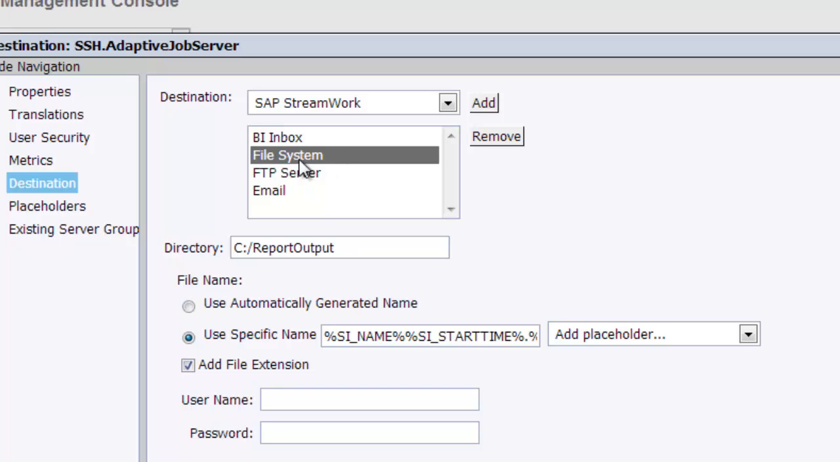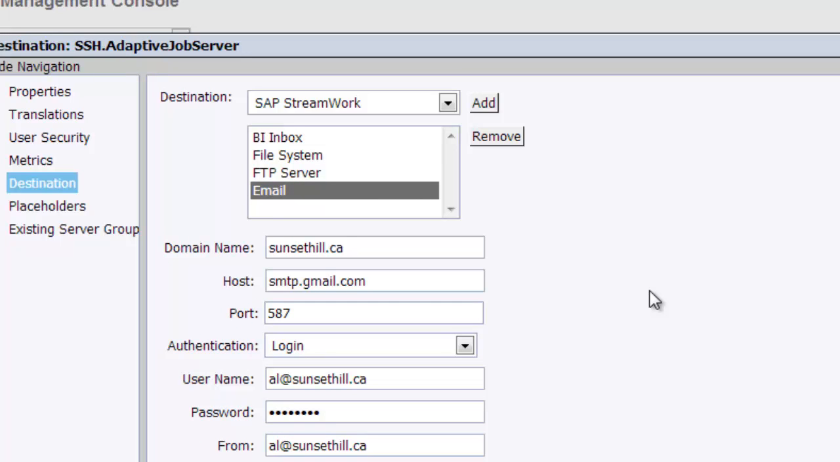So for example here, for file system, I've set the directory as C report output, and I've set the name of the file to be the report name plus the start time as a date stamp and the file extension. For the email, I've set the